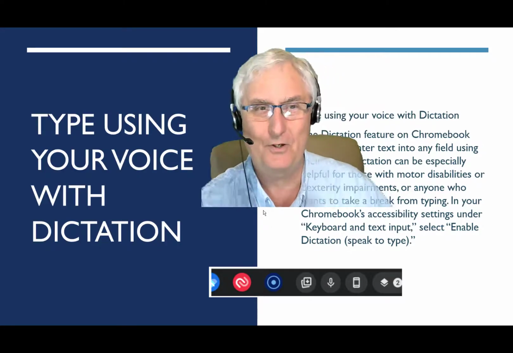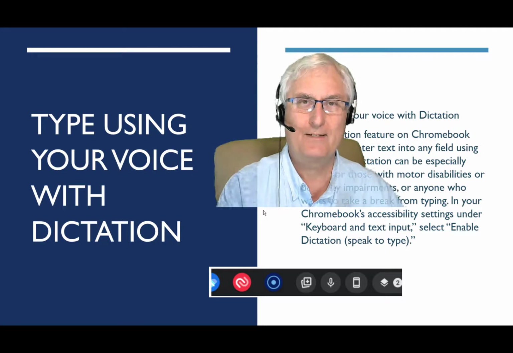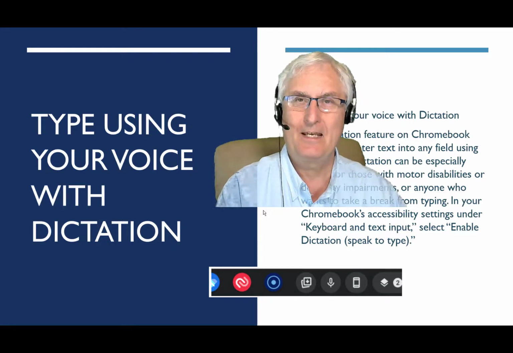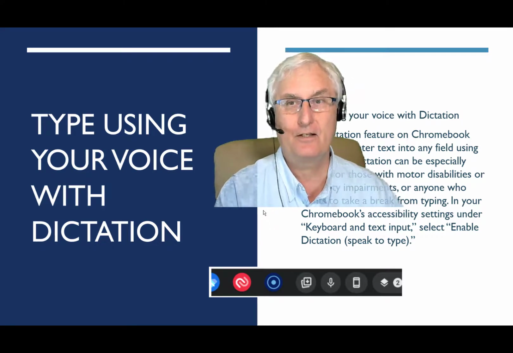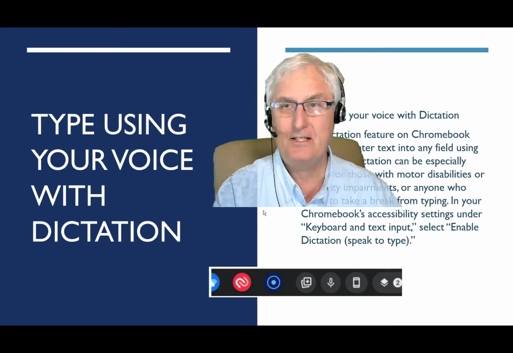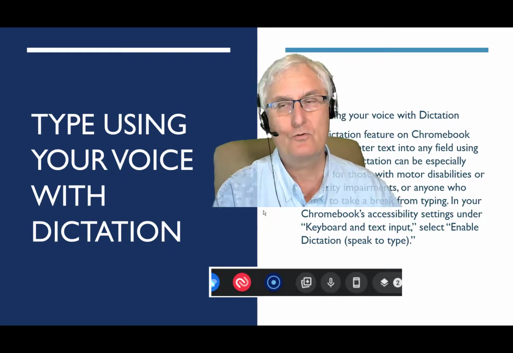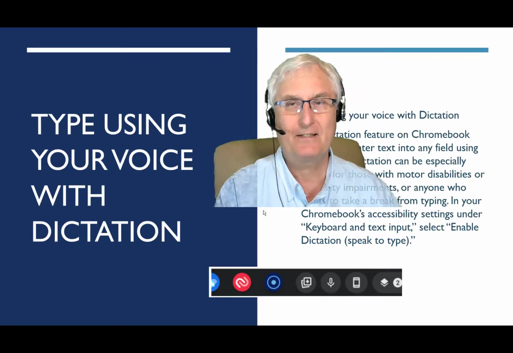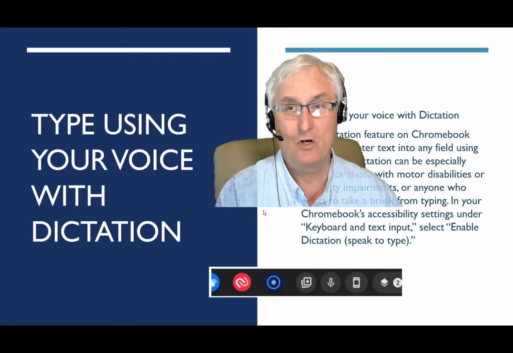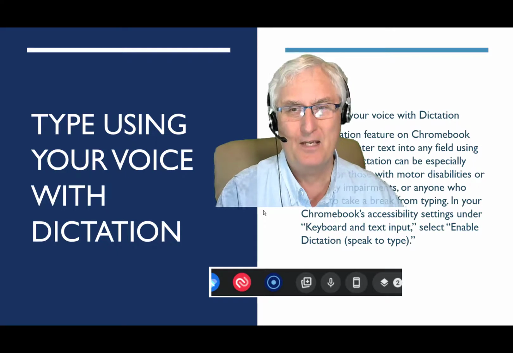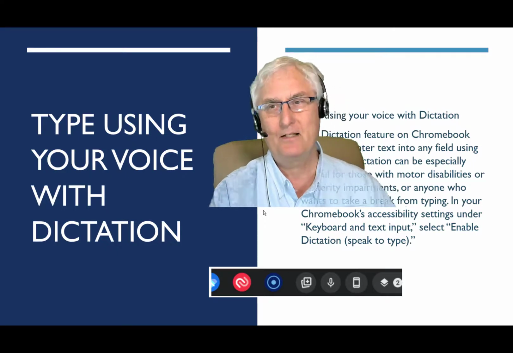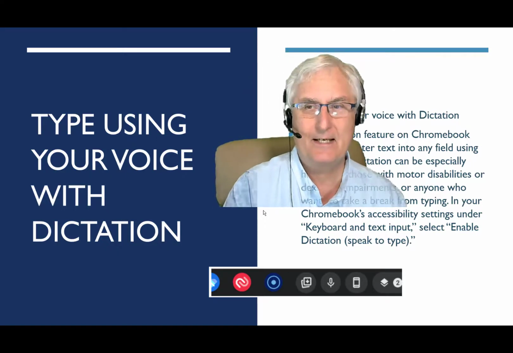Now on your Chromebook, you can use your voice with dictation. The dictation feature on a Chromebook lets people enter text into any field using their voice. Dictation can be especially helpful for those who have motor disabilities or dexterity impairments, or anyone who wants to break away from typing with your fingers. In your Chrome's accessibility settings under Keyboard and Text Input,